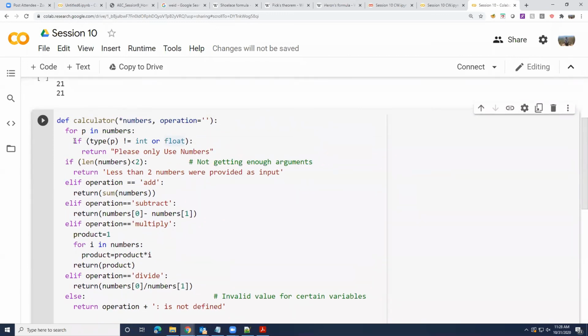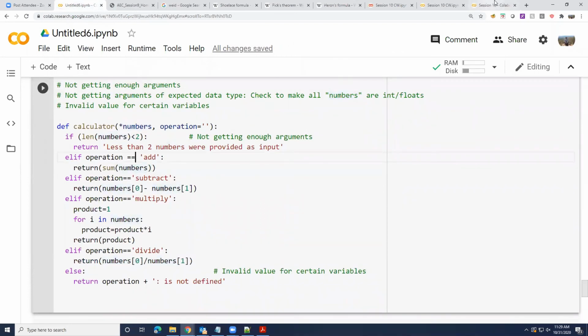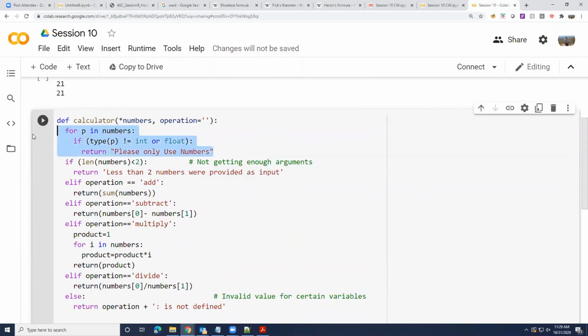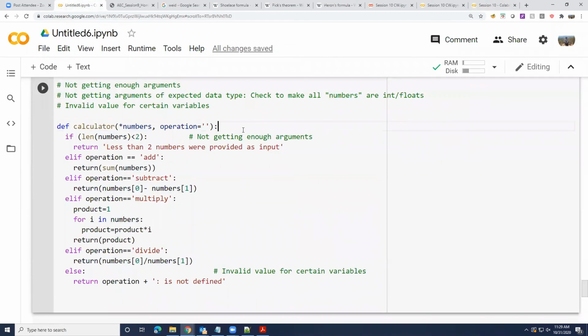Okay, cool. So if type of P not equal to this, then please use only numbers. So you basically loop through every number in the collection. You can even do this after this, right? Because it doesn't matter whether you do it before or after the length check. You can do it in either place. So now that we have handled, I'll copy from Prince's code. This is Prince's way of fixing it.